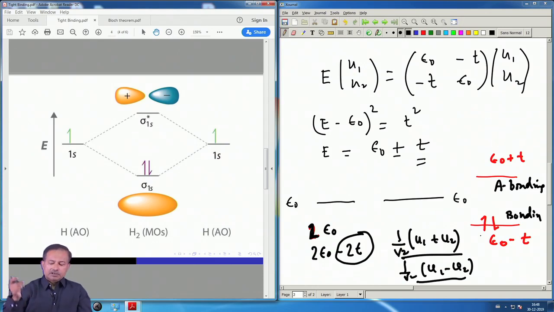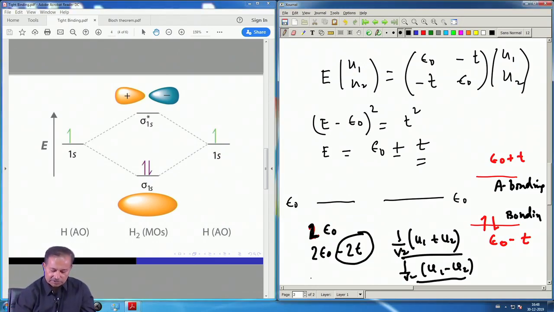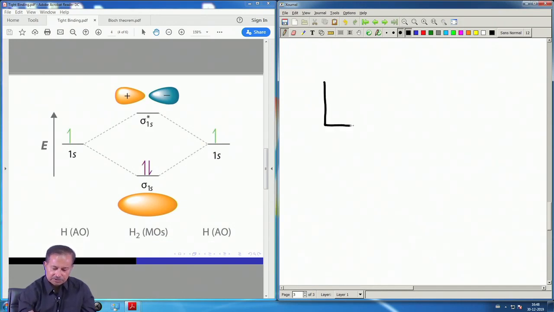Remember your particle in a box. The particle in a box wave function was like this, right? The first ground state is symmetric, whereas the excited state has a node at the origin. So this is the same picture. This is not exactly the same, but it is a similar picture that we are getting here. The excited state has a node at r equal to 0, whereas the orbital part of the ground state has no nodes. It is a symmetric wave function.